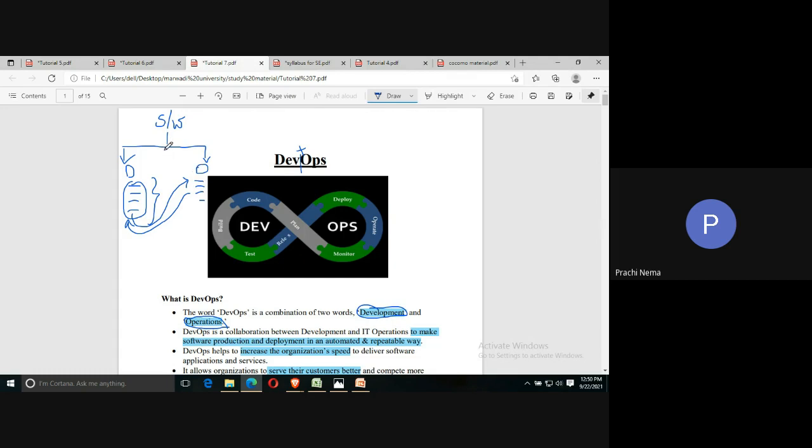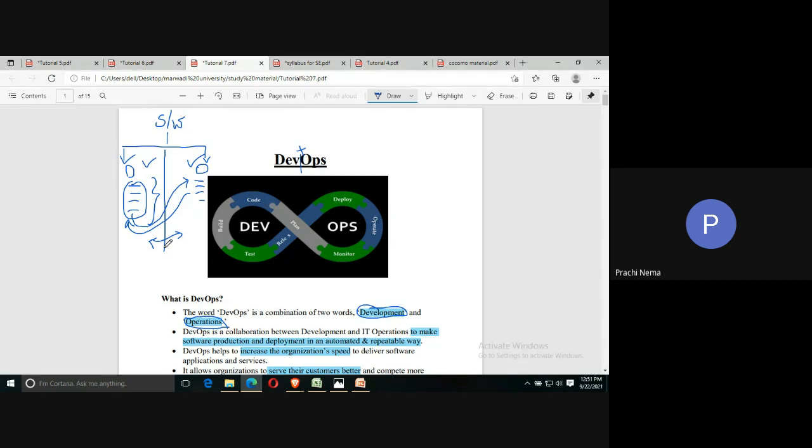And the thing was that because the development team and operation team were in no contact, they did not communicate at all. The development team and operation team used to work in complete isolation without any interaction. Because of this, the time required for development was too much, because at the end we get to know the error when the code is tested by the operation team, and then again the whole code needed to be developed.